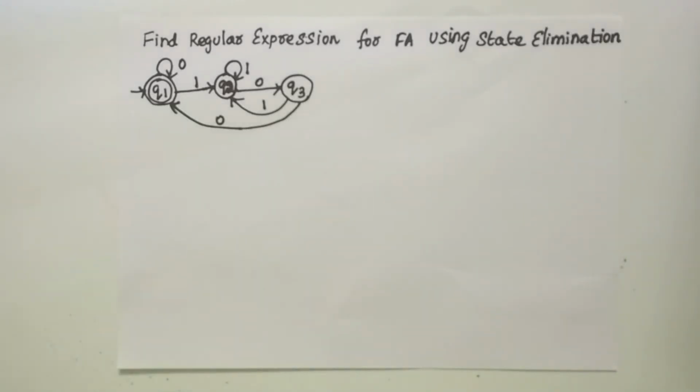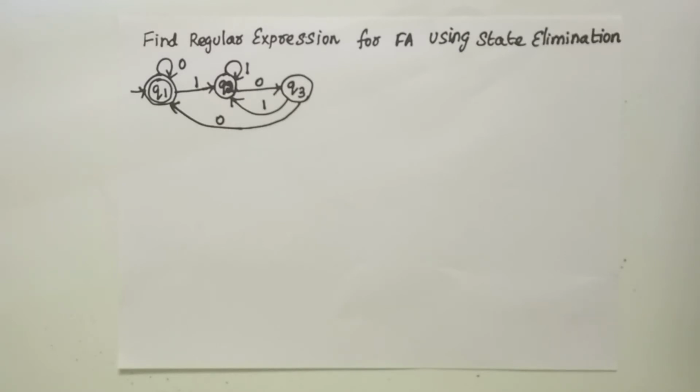In this video, we are going to see another problem for finding the regular expression for the given automata using a state elimination method. What is the main thing that you can note in this problem is, here we have the initial and final state as the same. In the previous video, we have seen how to find the regular expression for the automata using a state elimination method where initial and final state is not the same.